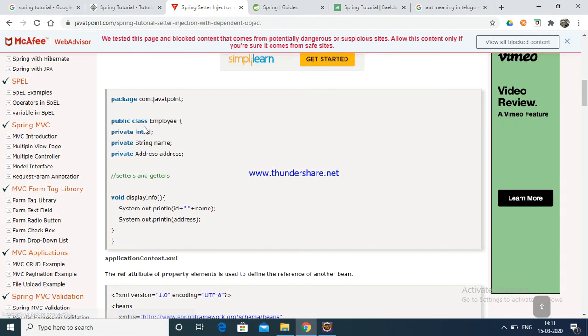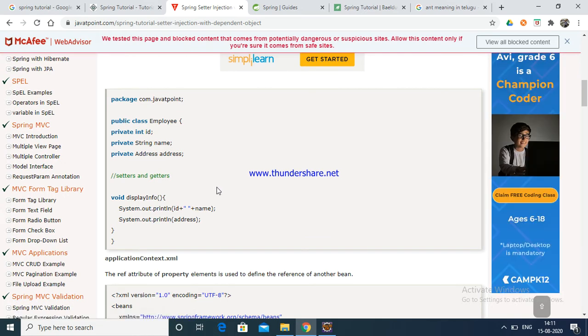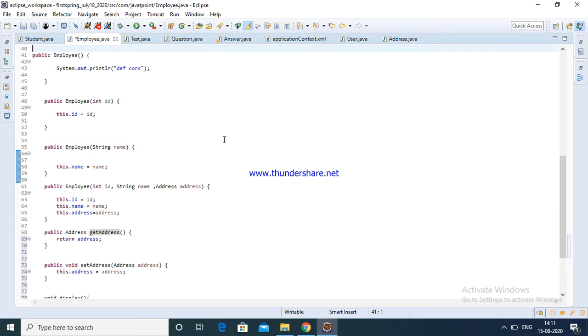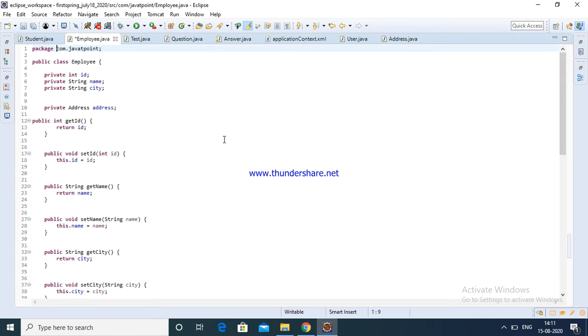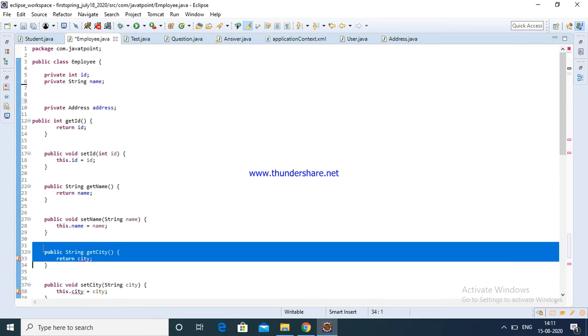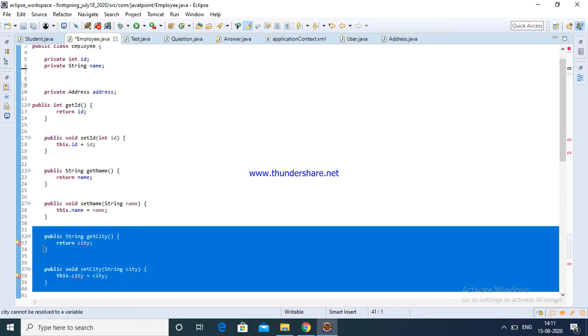See here, these are all values: id, name, address. In the same way we are also going to use id, name, address. We don't want city. First I am going to comment out city, and in the same way delete this city.